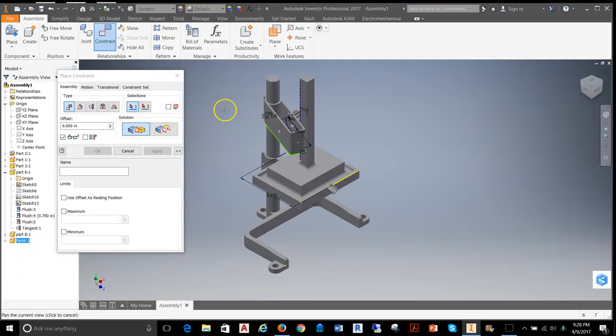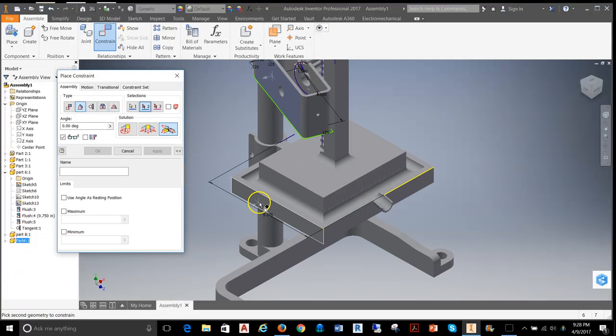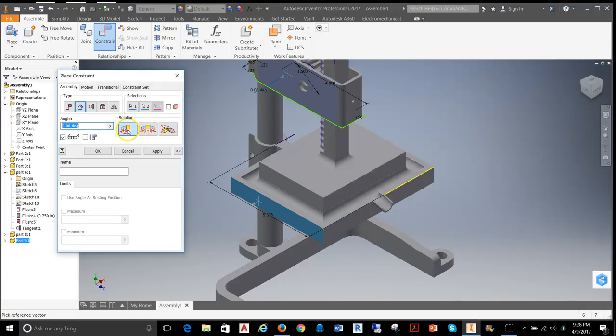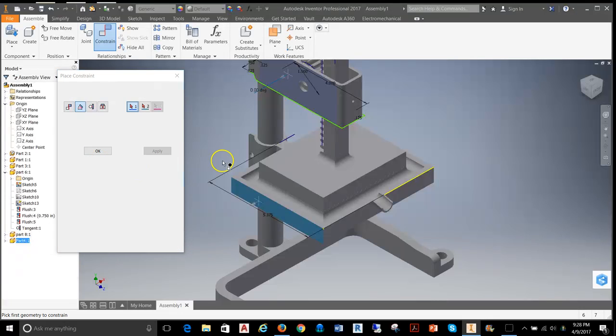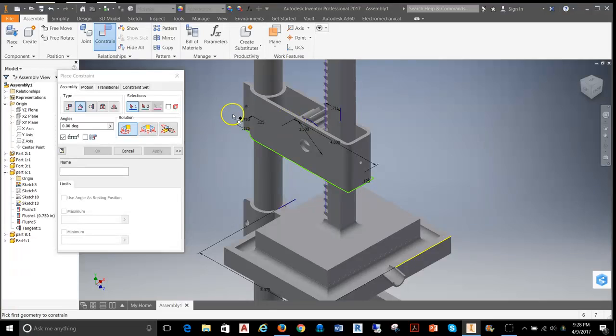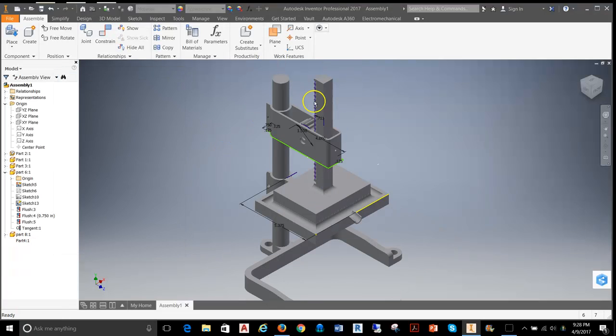So I need to set up a simple angle constraint to the side of the face, and we'll actually go to the side of the frame here. And whoops, need to have that solution set up. Sorry about that. So now we're all set up here with a 0-degree angle, and we'll hit apply, and we're all set to go. Alright, well, now with this all set up, and the gear in position, we're